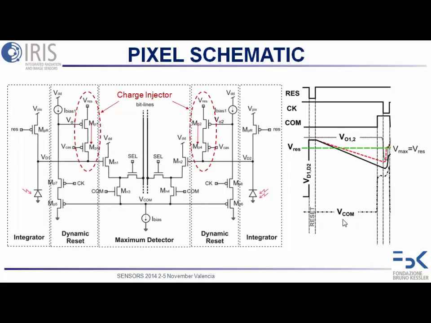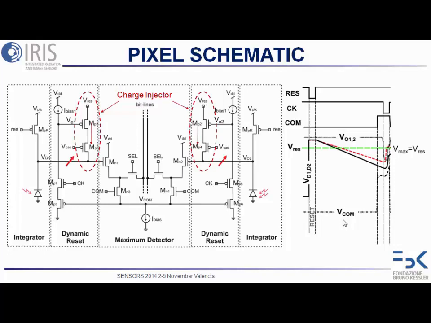Then the final stage is a charge injector. The charge injector consists of these two PMOS, MP1 and MP2, which have the sources shared and connected to a reference voltage, Vres. So as soon as VO1 is lower than a threshold, there is a current flowing to two branches. So if this current is flowing,